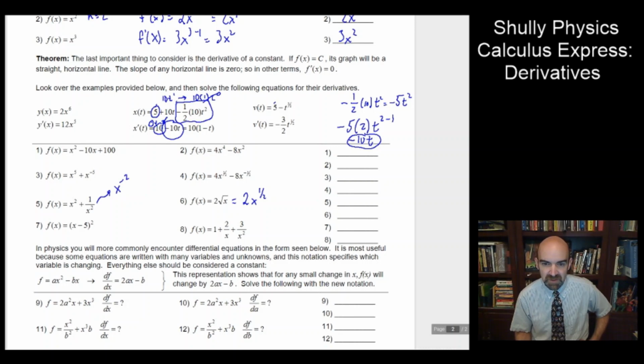So first we're going to take the derivative of 5 is 0, so there's 0 change with a constant. And then we've got this negative t to the 3/2 power, so n is 3/2. So out of that, we're going to take a negative 1 is the coefficient in front, so leave the negative. Then bring down the n, so we're going to have a negative 3/2 t, so this would be n t to the n minus 1. The n is 3/2, and if you subtract 1 from that, you're subtracting 2/2. So 3/2 minus 2/2 is 1/2,